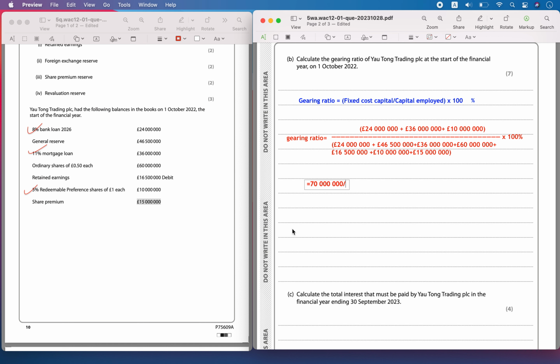When you add up all of this, capital employed is going to be 175 million, times 100. So that is going to be equal to 40%. So the gearing ratio